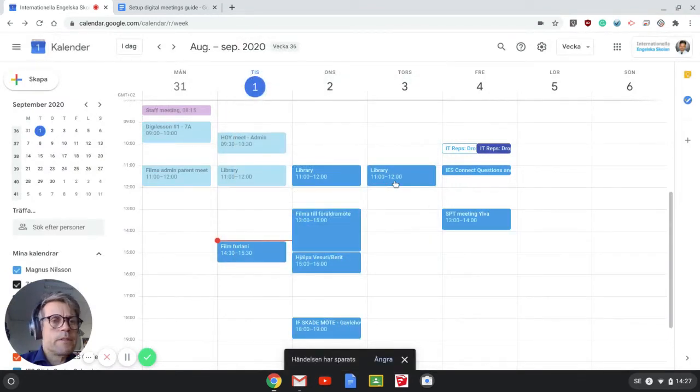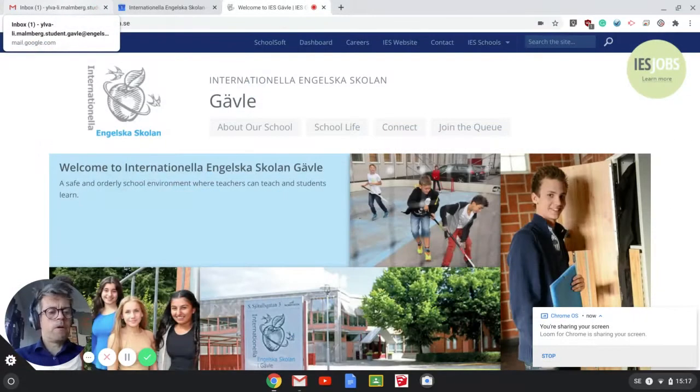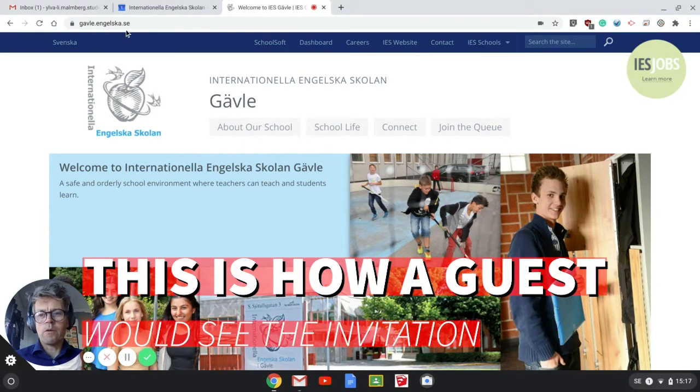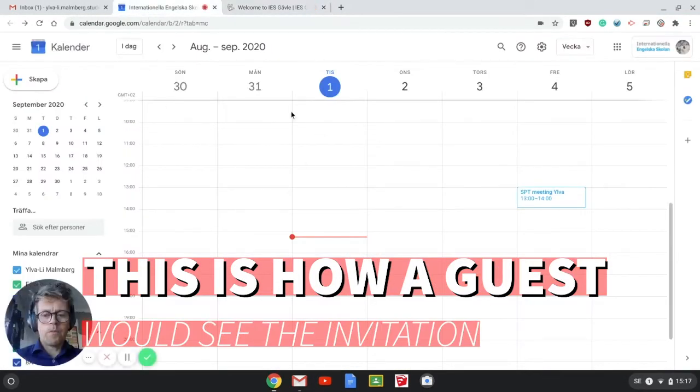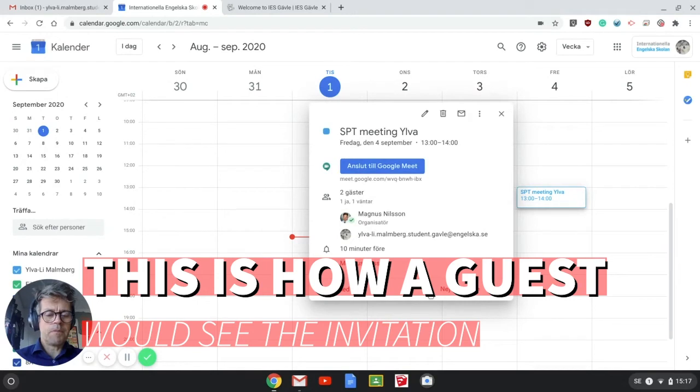So the invitation is sent. So now let's swap over to the guest and see how the guest sees this. From a student perspective, the calendar looked like this. So we see that there is something coming in here, and you can accept the meeting